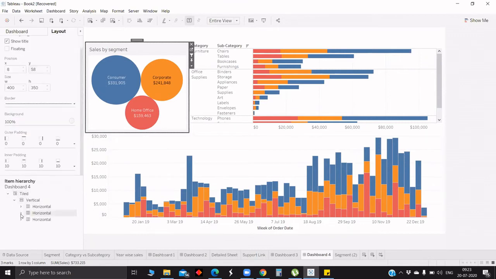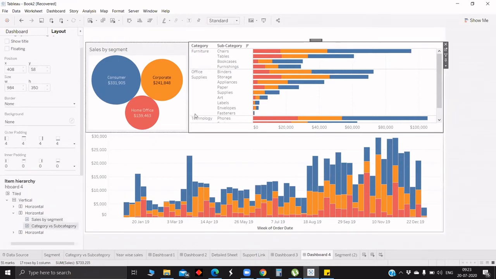Where we can view that is inside this item hierarchy. Since we have renamed this as sales by segment, we can view it here in the item hierarchy. Below, if you see horizontal, now it's showing sales by segment. For this one, it's showing category versus subcategory.